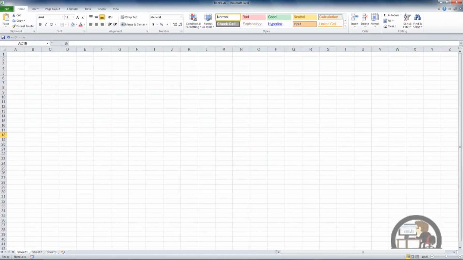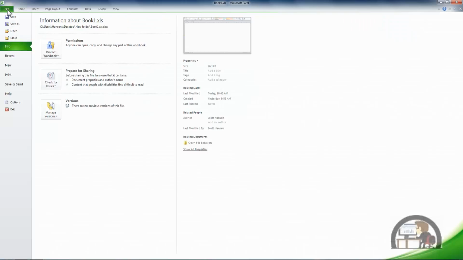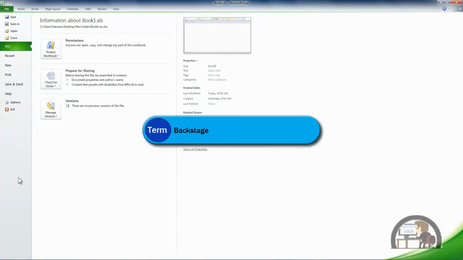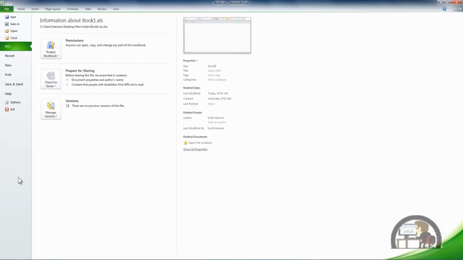We talked about the ribbon in the last movie and the 8 tabs that are a component of the ribbon. One of the tabs, the File tab, is distinctly different than the other 7, and it's different for a reason. When I left-click that File tab, I get to an area in Excel called the Backstage area. This area is really different than where we just came from, which was within the workbook. We are now outside of the workbook in the Backstage area, and there's two primary functions that you'll be performing